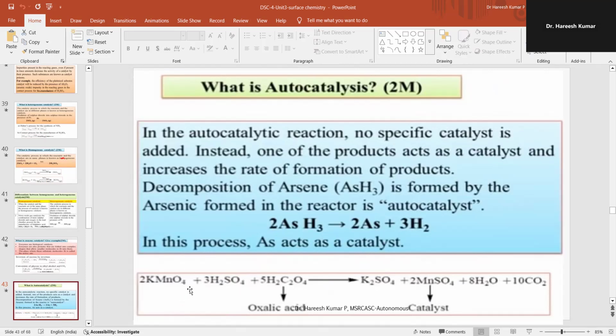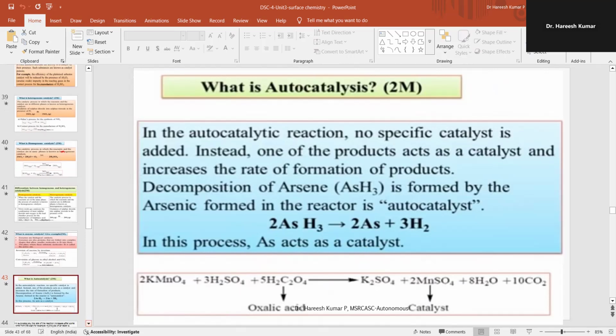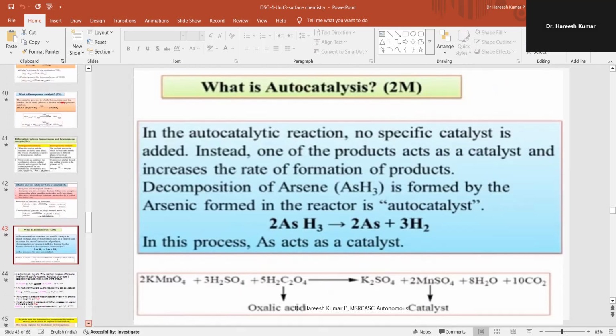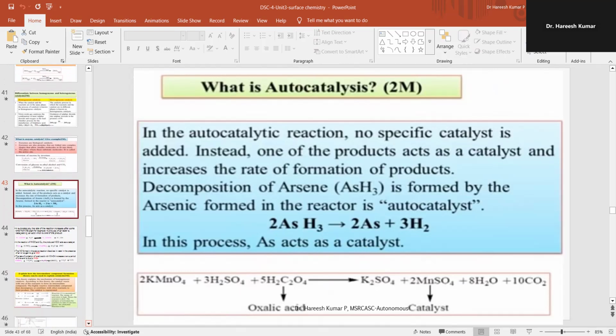One more example: potassium permanganate reacts with sulfuric acid and oxalic acid. Here there is a formation of manganese sulfate. Once manganese Mn2+ is formed, this will act as a catalyst and the reaction completes. I will go to the next slide. In the next slide, I'm taking